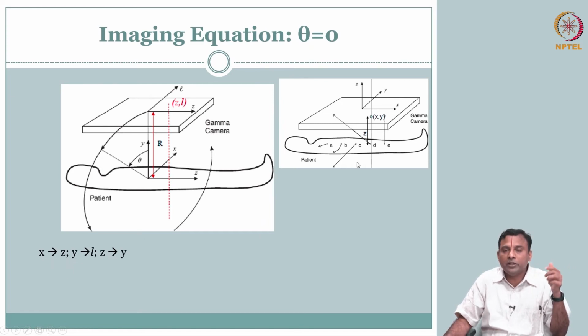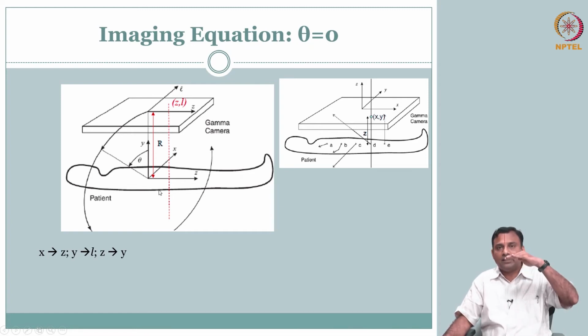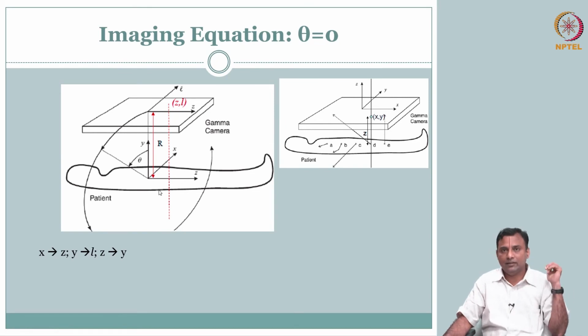So, we have this imaging equation; go back to our nuclear medicine imaging equation that we did in the physics part module. We had the equation already. All I am doing now is recognizing this coordinate system for your data acquisition. We are going to change the variables so as to be consistent with our CT X comma Y, because here also our recon image is going to be X comma Y. So, it better represent the axial slice. Okay. So, this is the variation.